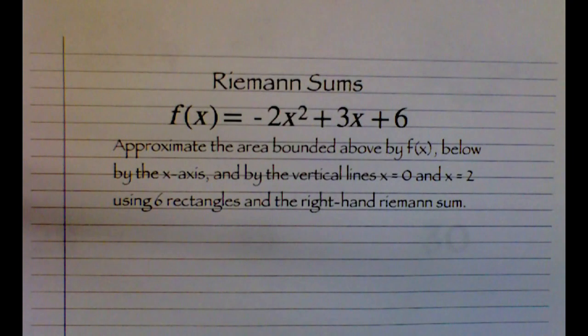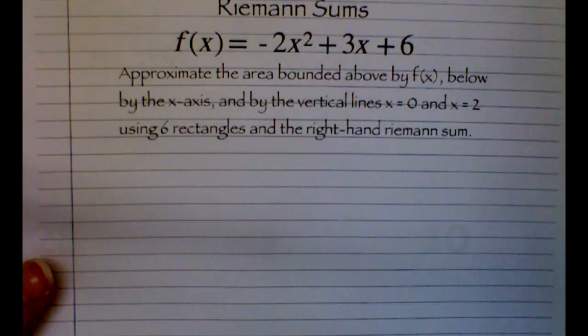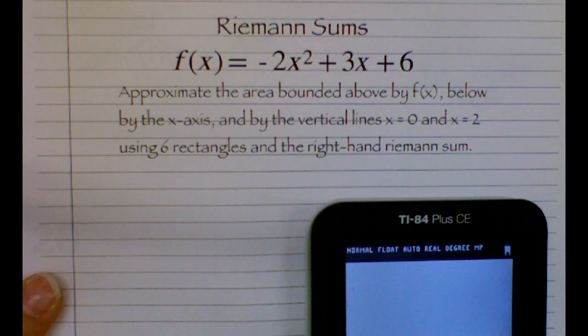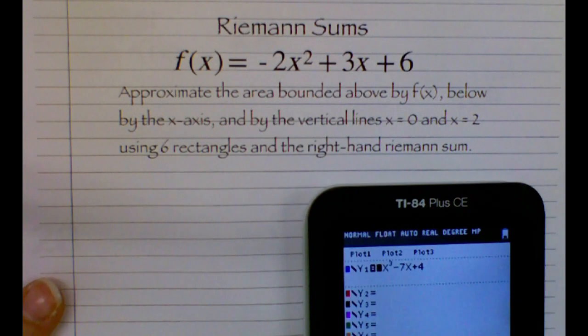And finally, Riemann sums. If I want to approximate the area bounded above by a function, below by the x-axis, and by the vertical lines x equals 0 and x equals 2 using 6 rectangles and the right-hand Riemann sum, you have a calculator program to do this. So just a quick refresher of how that works. In your calculator, you'll go to y equals, and you'll type in this function, negative 2x squared plus 3x plus 6. You can graph it if you want,